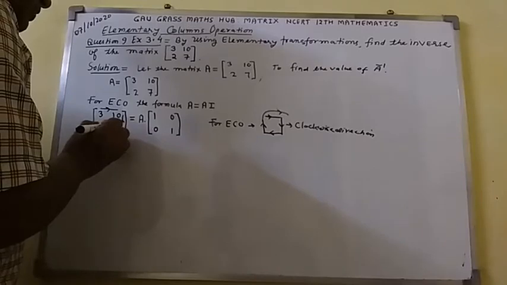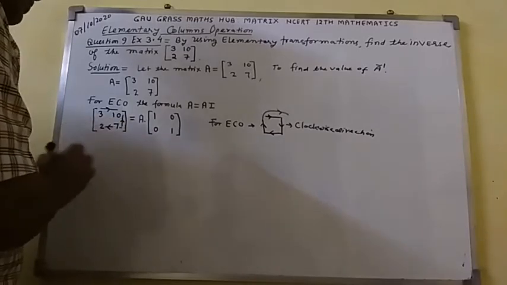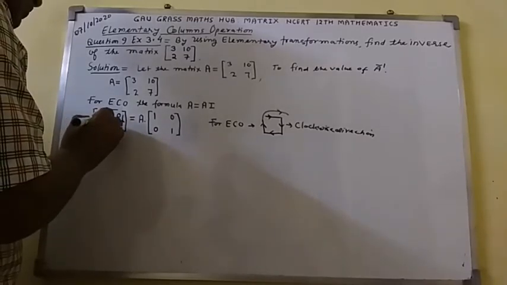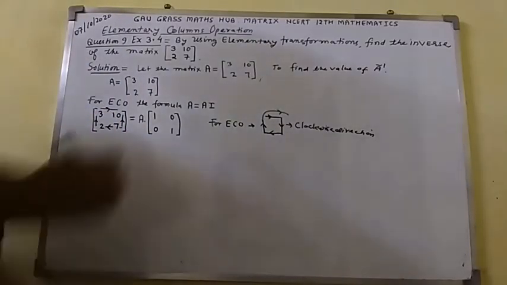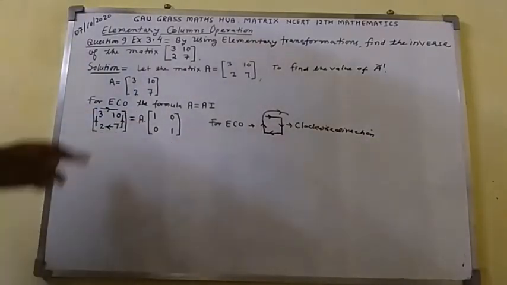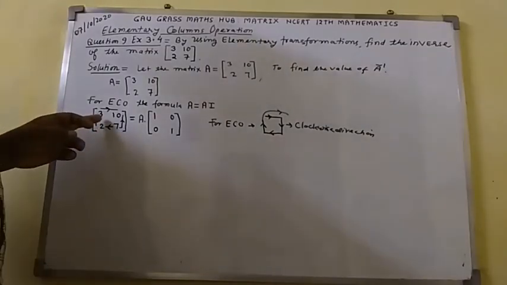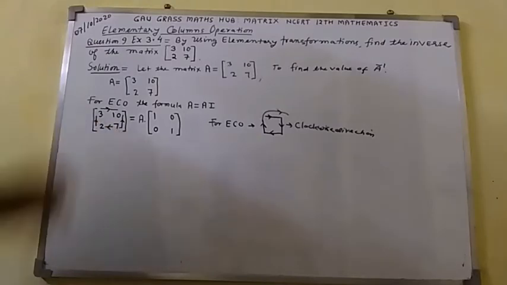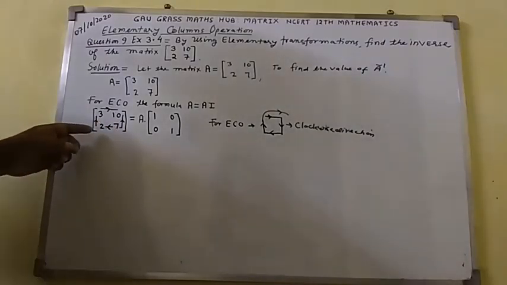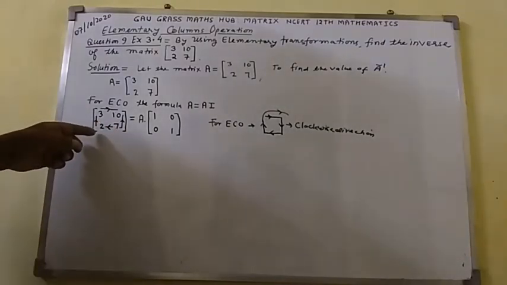Thereafter, we shall proceed from this place to this place, and last we shall proceed up to this one. So here you can see the first element here is 3. Since the given matrix is going to be an identity matrix of order 2 by 2,